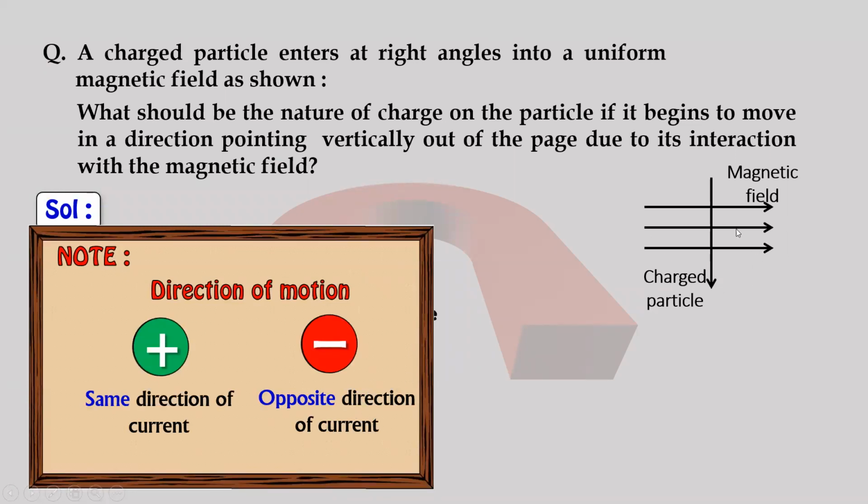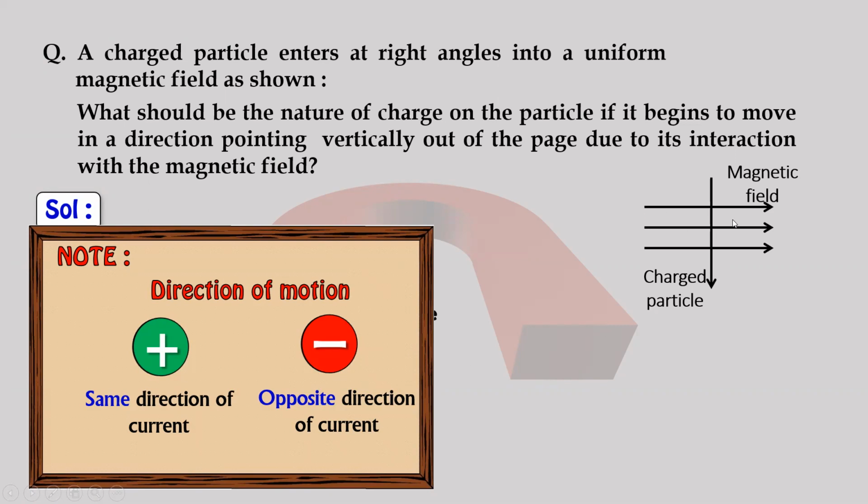In this case the question gives, what is the current direction? The current direction is coming vertically out of the page, meaning it is coming towards you, meaning the current direction is towards you. So what do you have to find? In which direction is the motion of the particle? If the motion of the particle is also going to be towards you, then can I say in this case motion and current direction are the same, so it will be a positive charge. If the particle goes away from you towards the screen, then I can say it is the opposite direction.